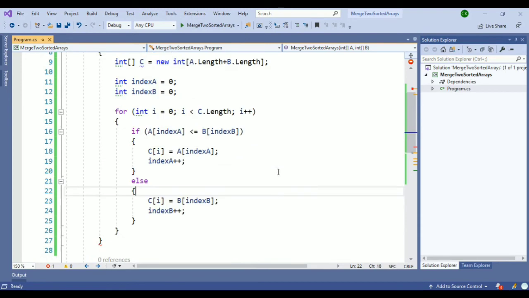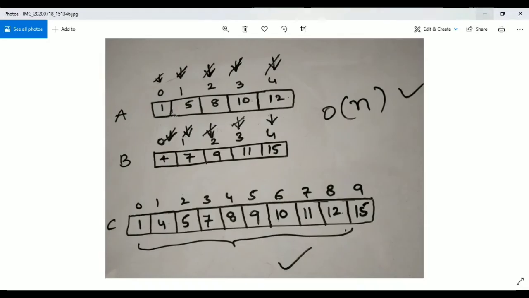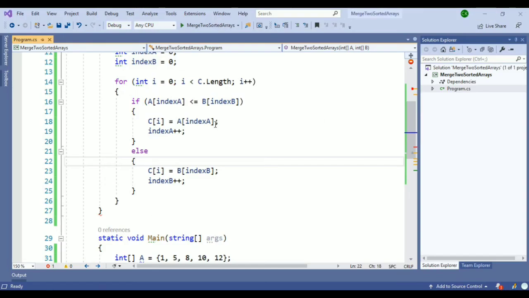One thing we need to take care of here is that the index should never exceed the length of the array. For example, if we are done with 12, I cannot go further. That is the reason we need to add one boundary condition.